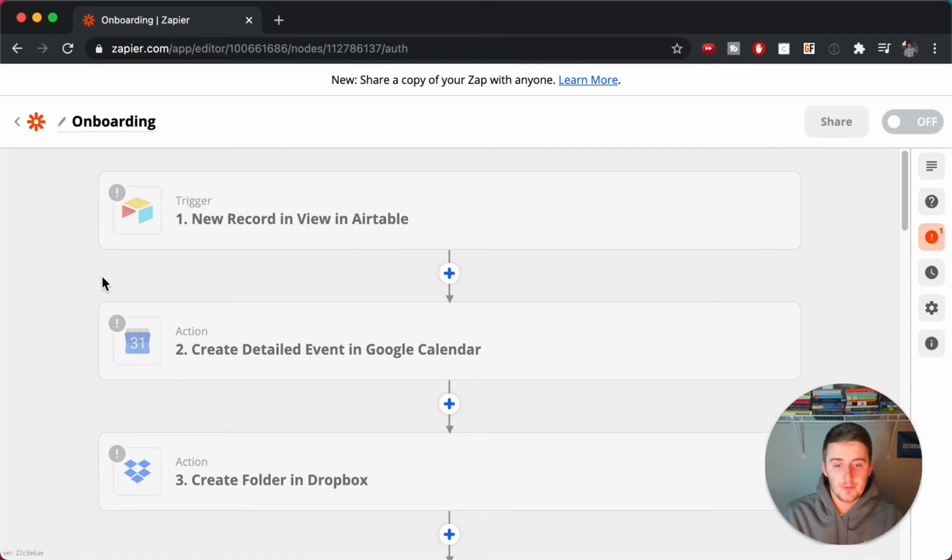So for this onboarding process, I'll go through some of the things that I just came up with that I use in my business, and that I know some of my clients are asking for in their businesses. The first one is obviously this trigger. You see trigger and then you see action. A trigger means that something is happening to start a sequence. It's like if you had a gun and you pulled the trigger, then the gun would shoot. You pull the trigger first, then you have action, action, action, and all of this just happens automatically,